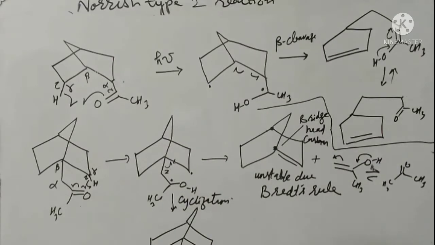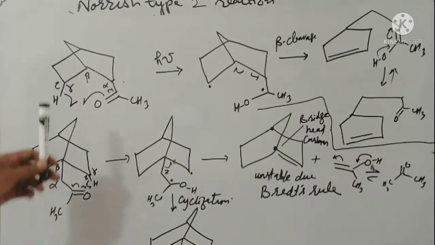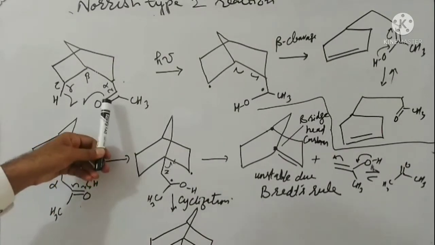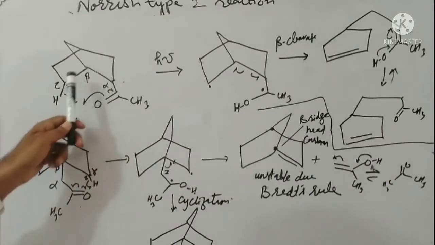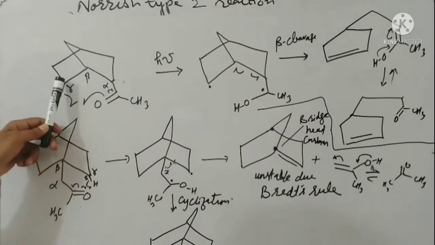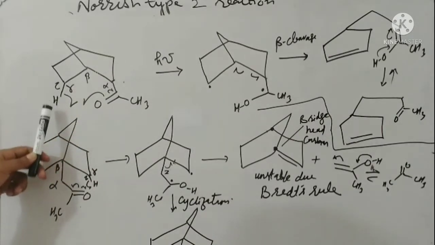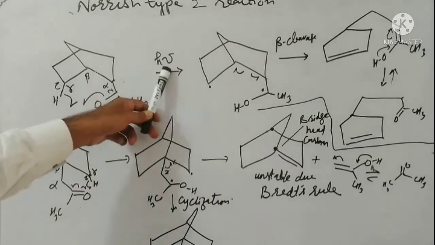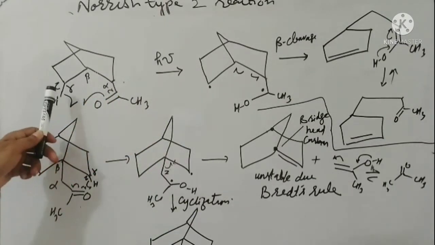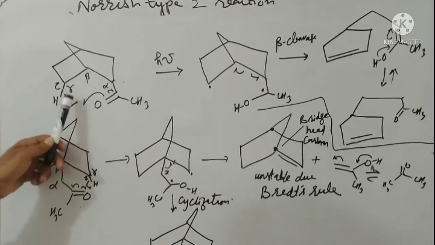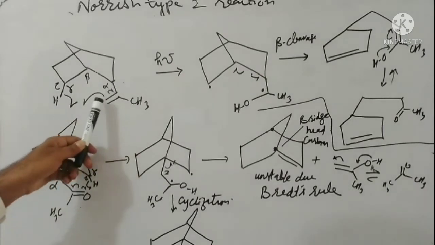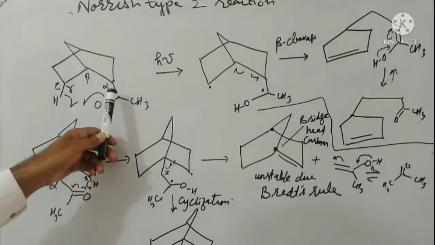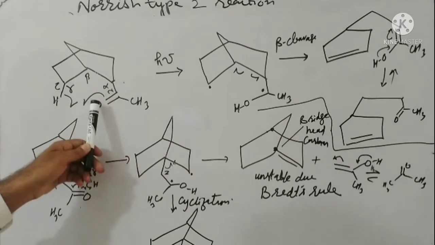So these are some more examples of the Norrish type 2 reaction. This is a keto compound. If we count, this is the alpha carbon, this is beta, and this is gamma. So this gamma carbon has this gamma hydrogen. This undergoes homolytic cleavage in the presence of light. This C-H bond undergoes homolytic cleavage to produce a hydrogen radical and a carbon radical. Then cleavage of the carbonyl double bond through homolysis produces this oxygen radical.